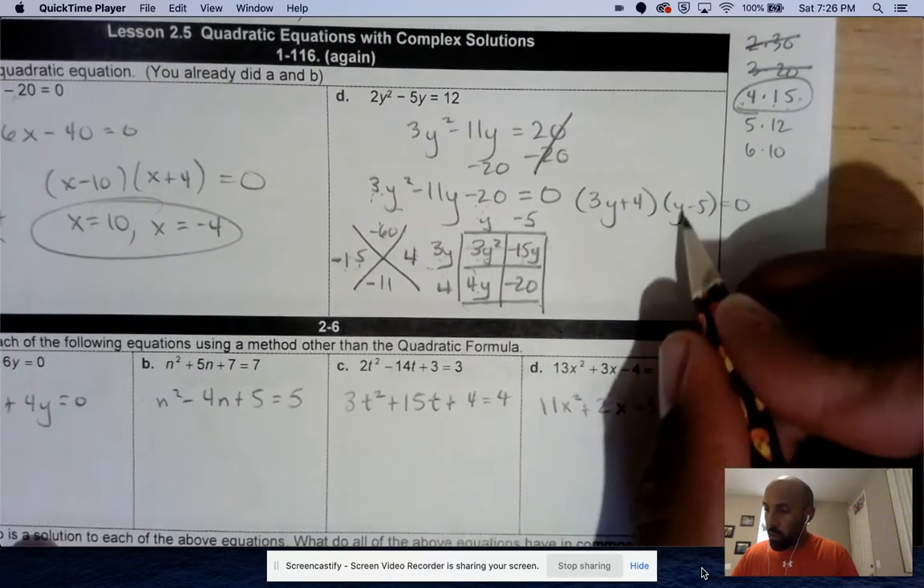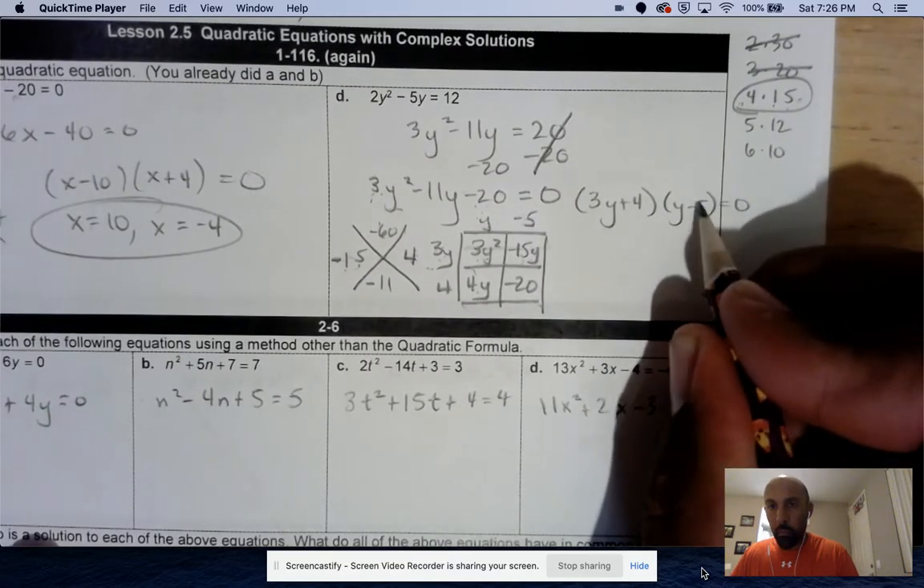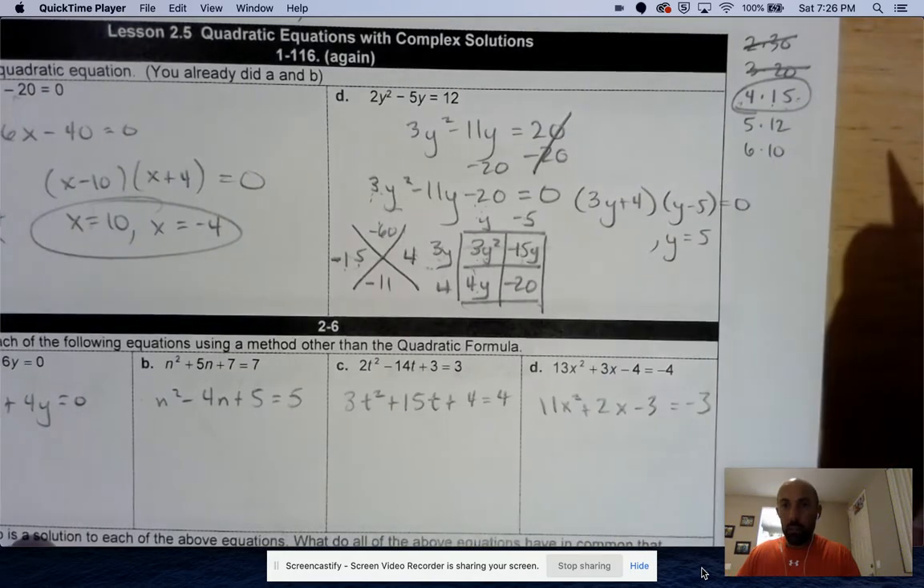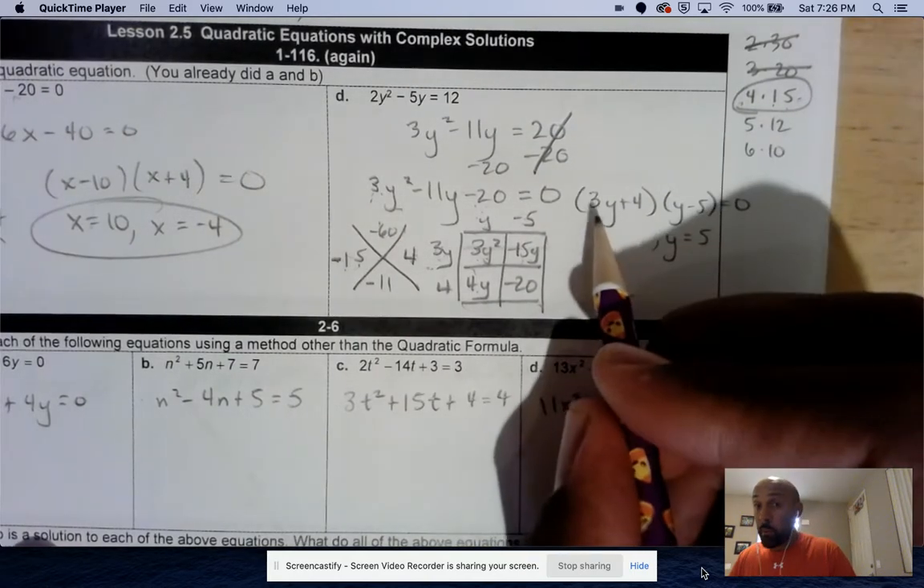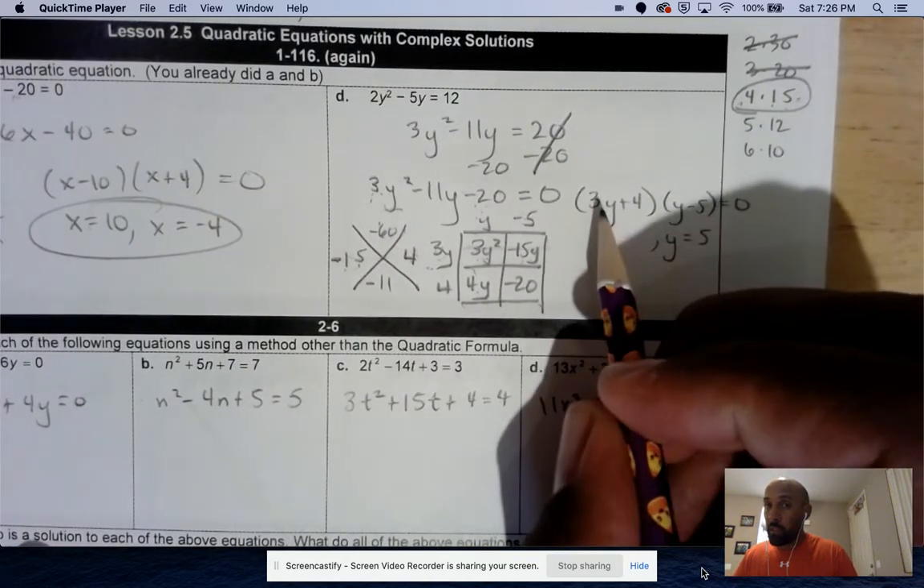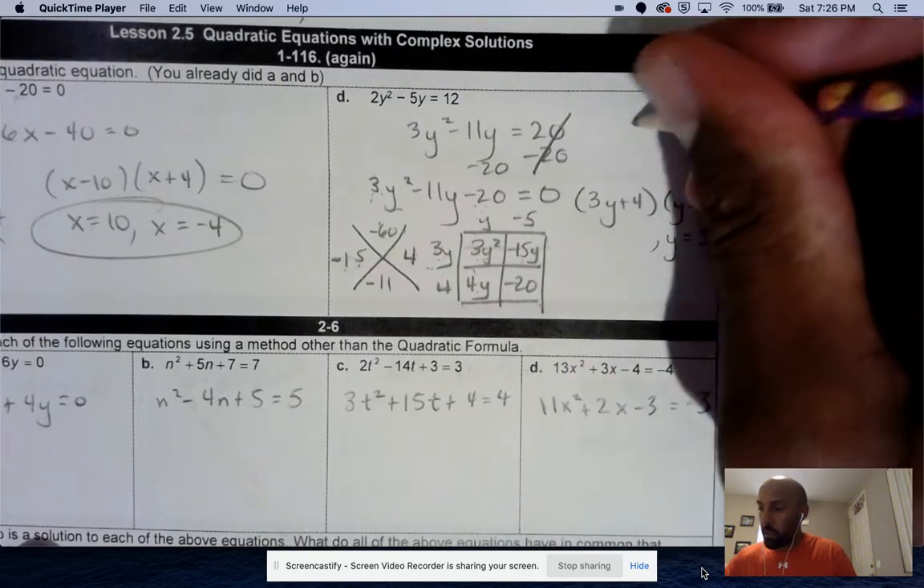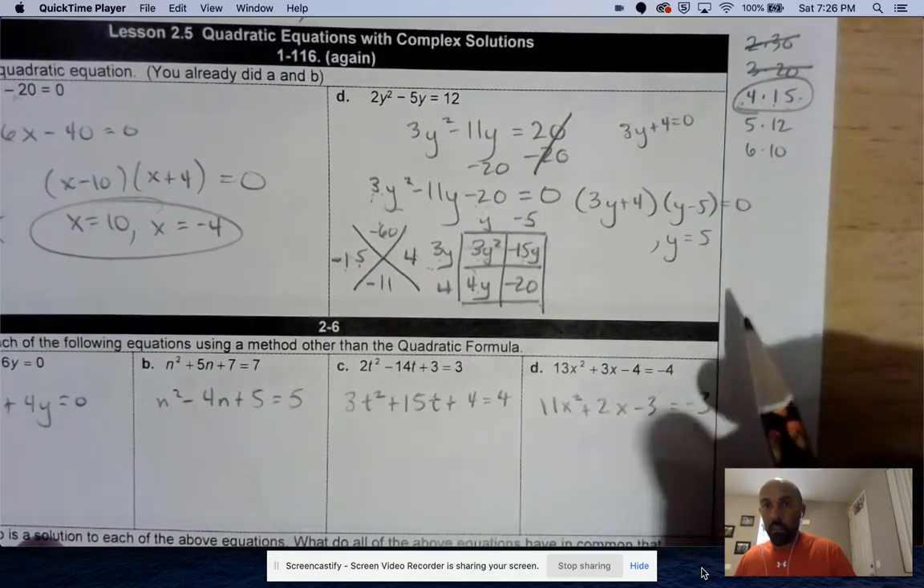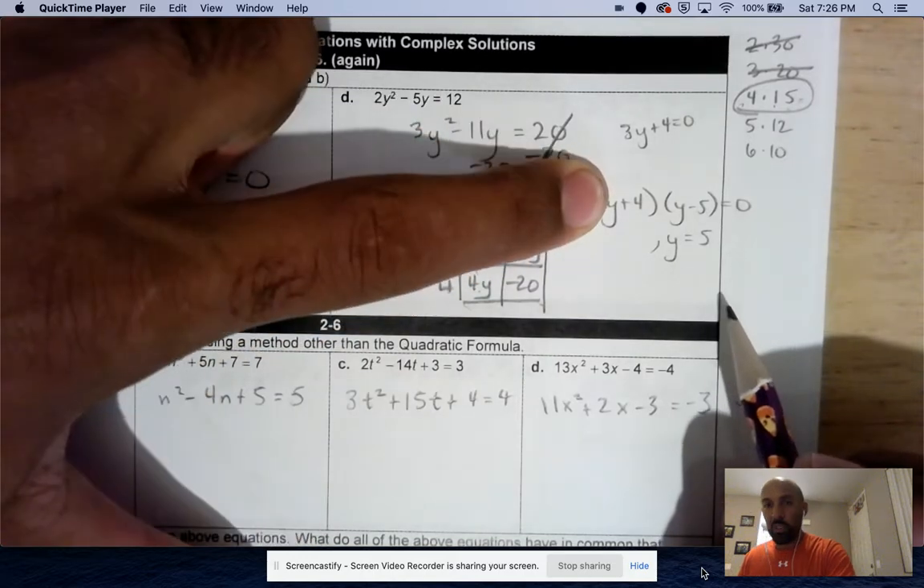Okay, so I'll use the zero product property, which says if I have y minus 5, then y equals 5 will give me a solution there. It's positive. And if you remember the trick I've shown you in other videos, you can either set this equal to 0 like this and then solve for y,